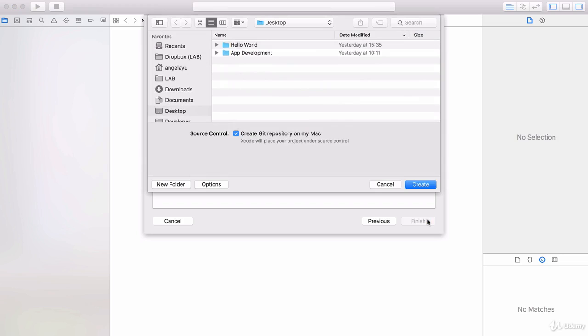Now it'll ask you where you want to store your project. You can either leave it on your desktop or somewhere else. It doesn't really matter. But one thing to note is that make sure that you keep this box next to